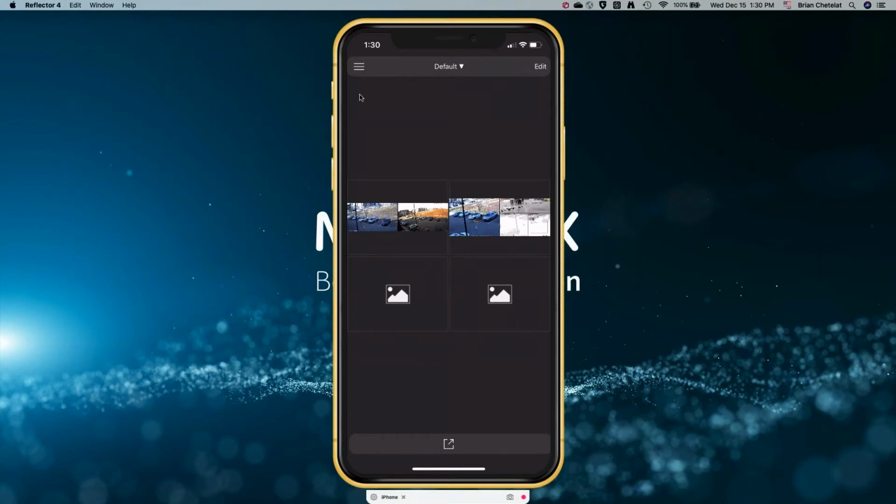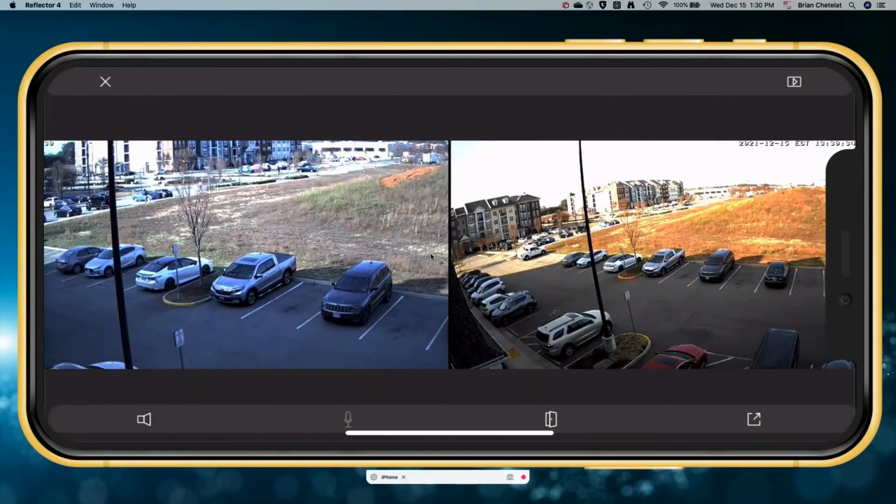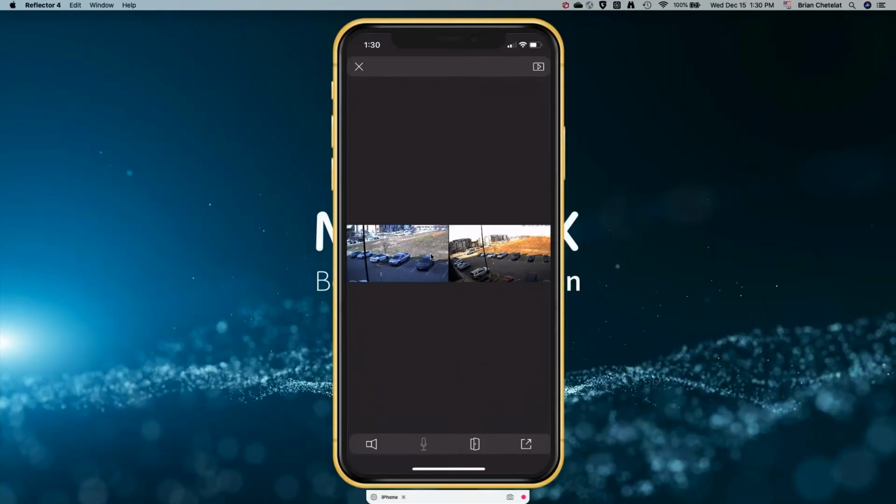It's going to throw it to full screen. I'll get the little X up here. If I hit that, it will take me back to the grid. So again, I simply tap on my mobile device, one tap on that one. Again, it interacts as I move my phone.